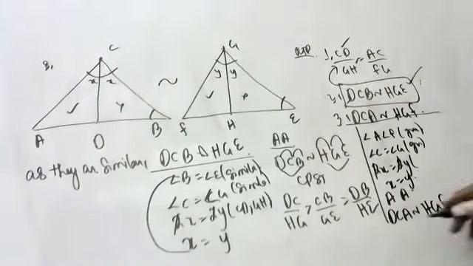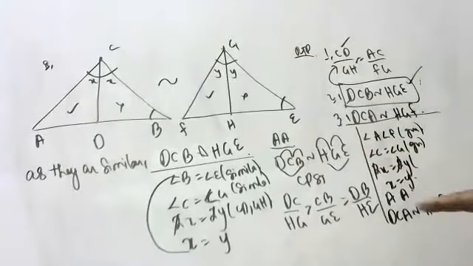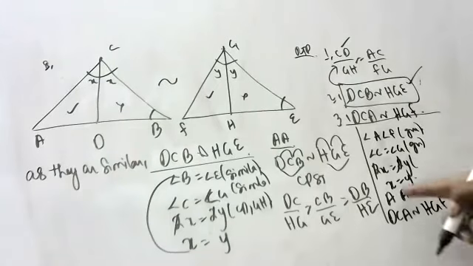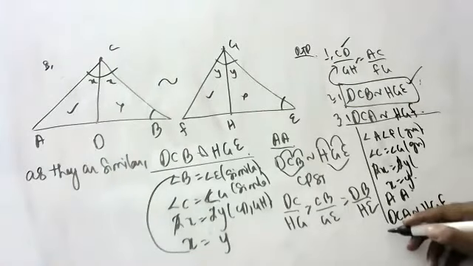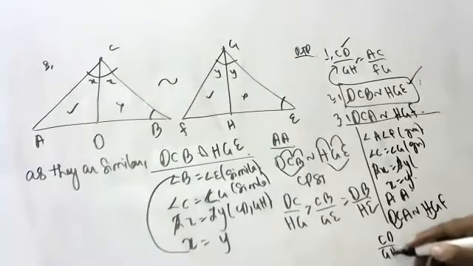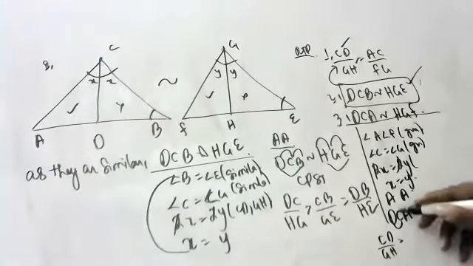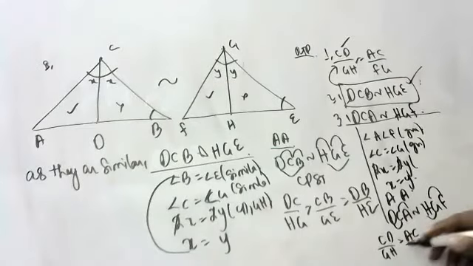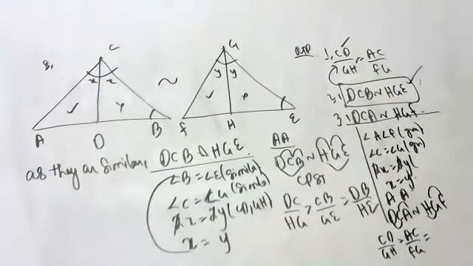Okay, some people will get a doubt, sir. Can we write AC is equal to FG? Yes, we can write, no problem. Okay, tell me, by CPCT, CD by GH is equal to AC by FG is equal to AD by FH. We got the first one also.